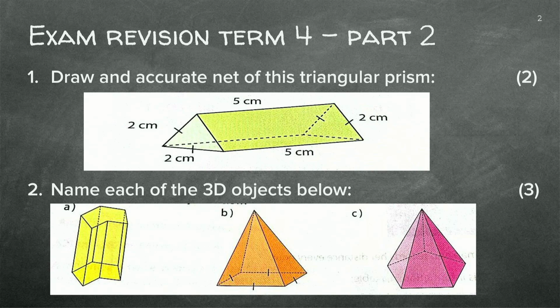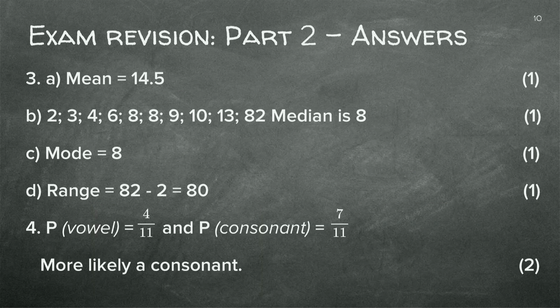Right. So the next question was to ask the mean, the median, and the mode. Can you still remember the difference? So the mean is the average. So what do we do? We add it up and we divide it by however many numbers. So that is 14.5. Well done if you got that one correct.